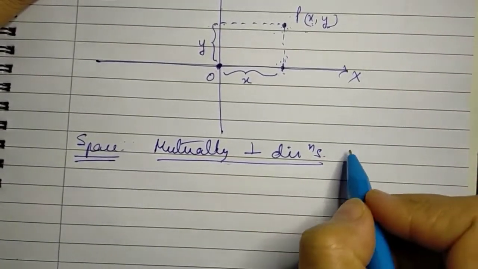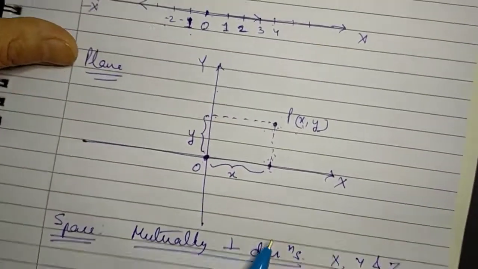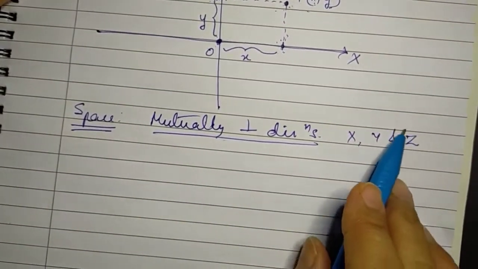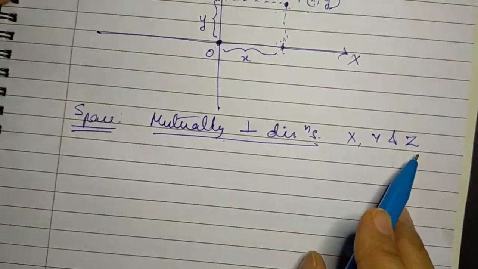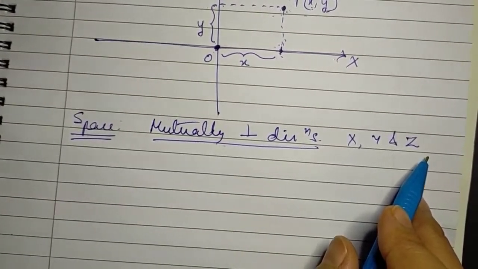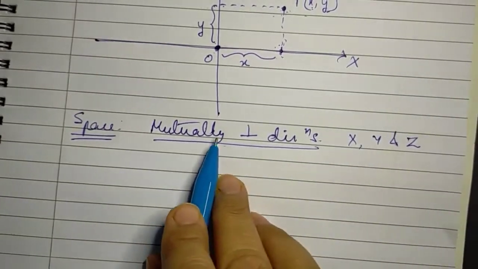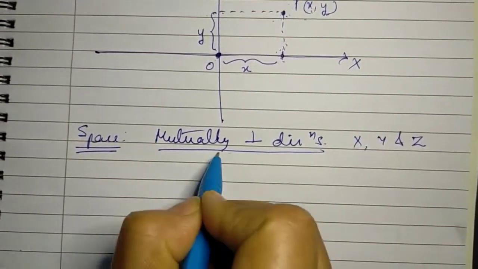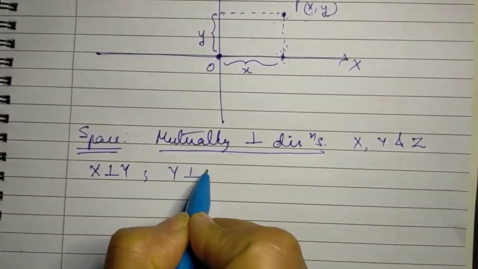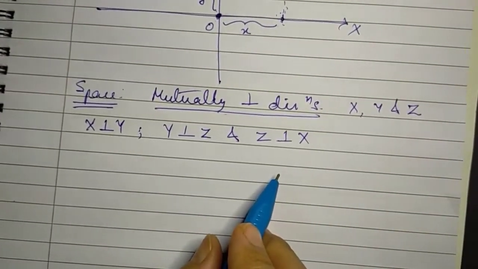We mean the three mutually perpendicular directions, x, y and z. So as against the directions on a plane, we have one more direction which is the z direction in space. To identify the position of any point in space, we need its position with respect to three mutually perpendicular directions, where by mutually perpendicular we mean x is perpendicular to y, y is perpendicular to z, and z is perpendicular to x.